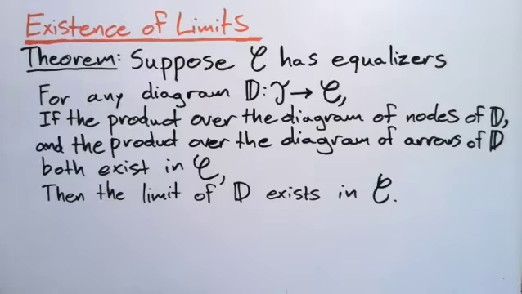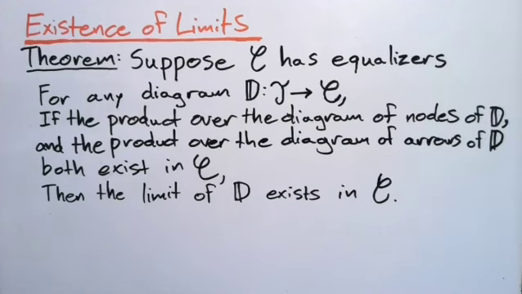So obviously, we can't guarantee that any diagram in any category is going to have a limit, right? A limit has quite a few conditions in order to define it. So it's not always the easiest thing to find a limit for any particular diagram. But we're going to look at a situation where we can guarantee the existence of a limit, and that's captured